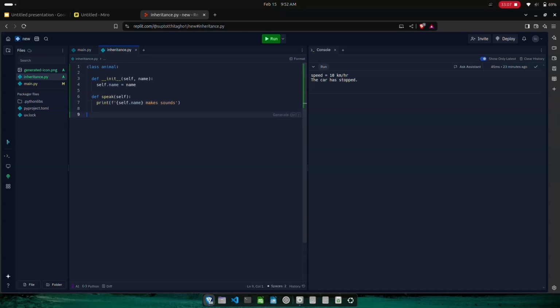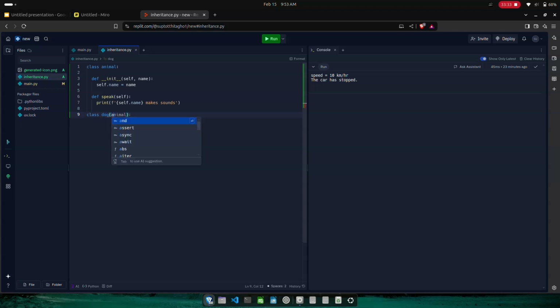All right, so here we have ended the definition of the class. Now, this is a class called animal and it has an attribute called name, and it also has a method called speak. Next, we'll create a subclass of it, which will go like this: